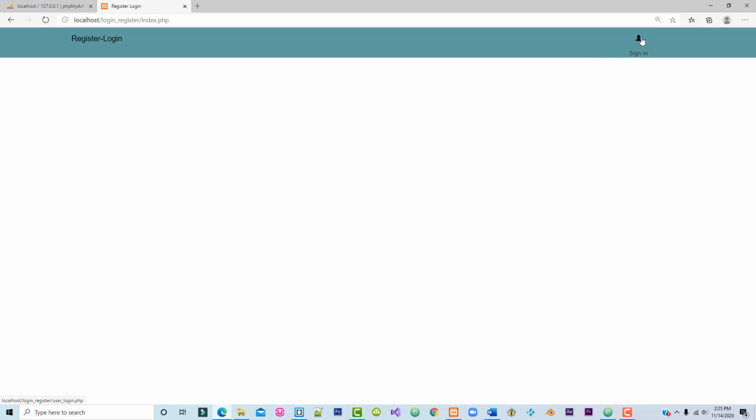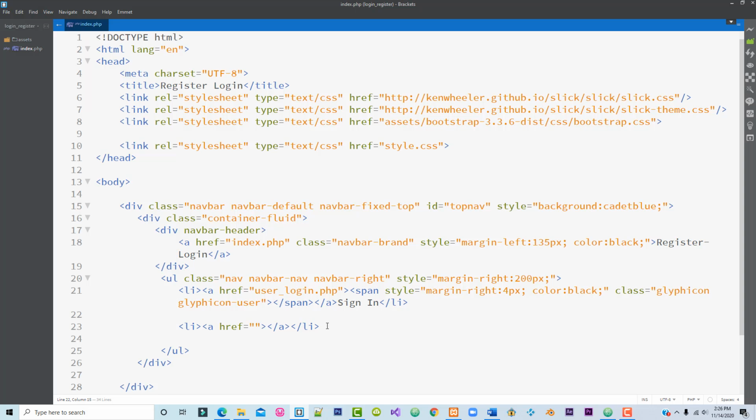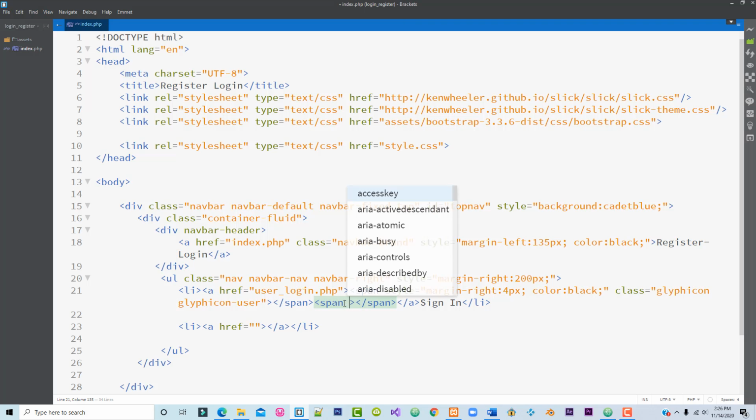Now as you can see, it's not in order. Let's continue. Go back to our code, and we have to use a second span after the first one. This is the closing one, this is the opening one, this is the closing one. After the closing one, let's use another span. This is the second one, and inside of the opening of the second one, let me use